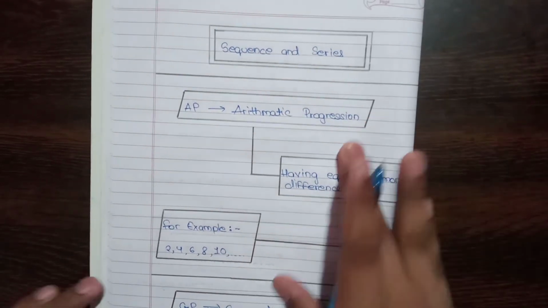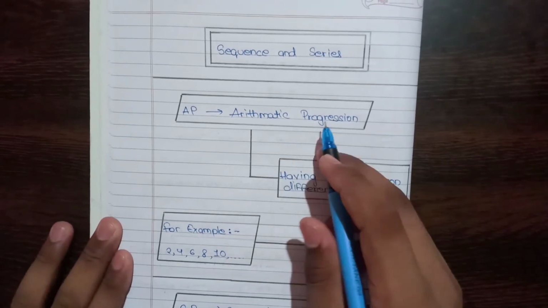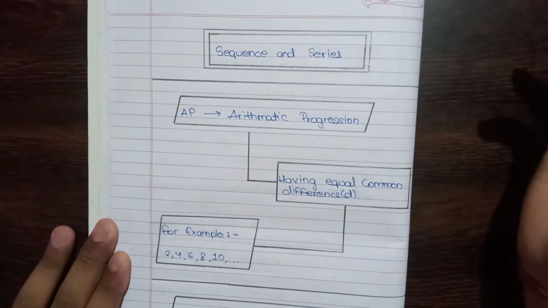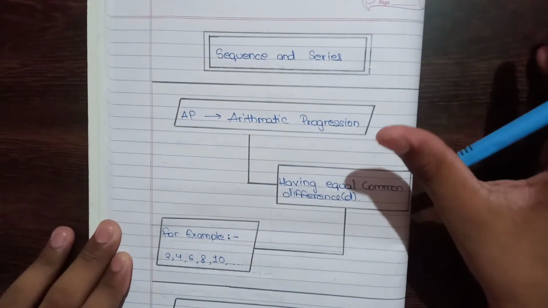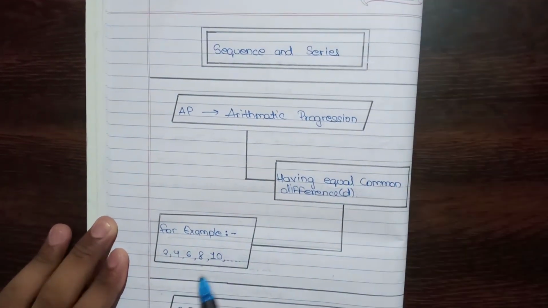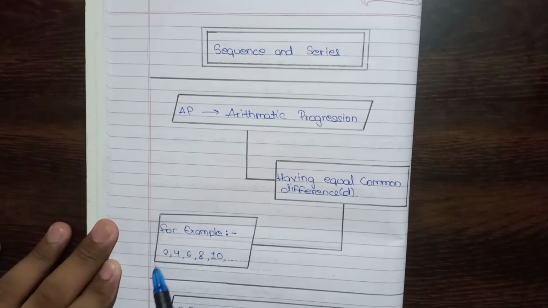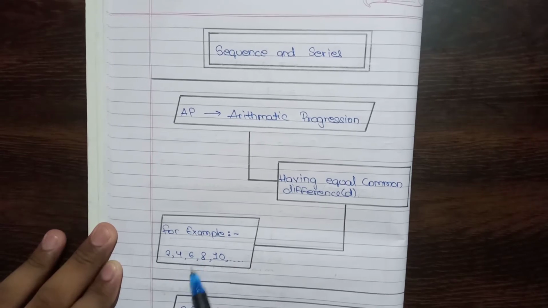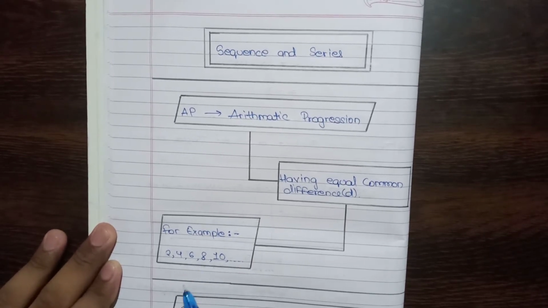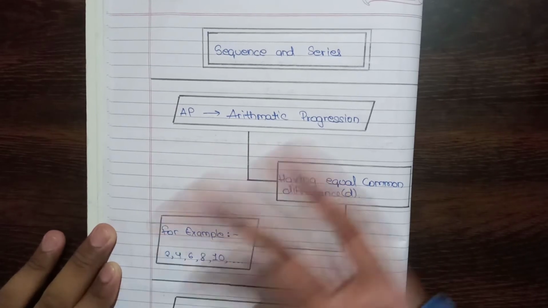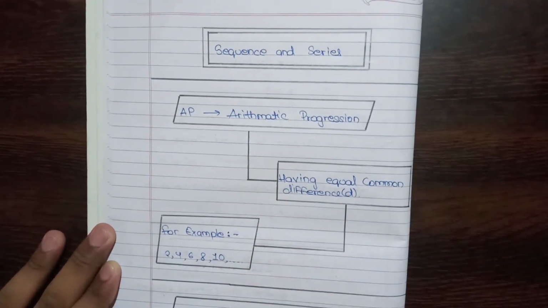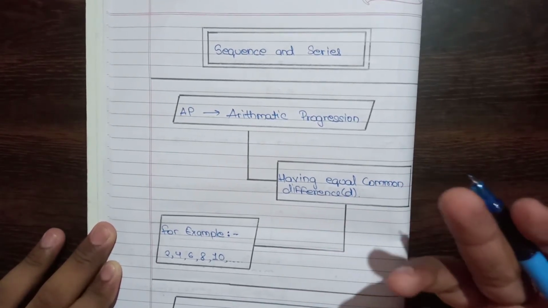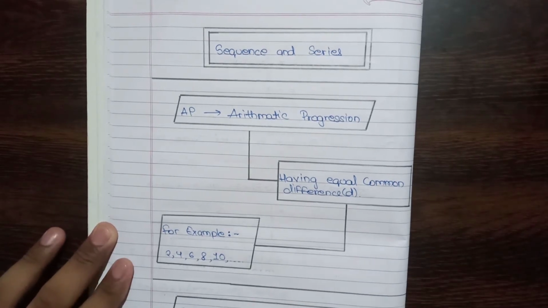So let us begin. Our very first topic is arithmetic progression, which in short form we know as AP. Basically, arithmetic progression is any sequence or series which has a common difference. For example, here I have taken 2, 4, 6, 8, 10. You can see the difference between 2 and 4 is 2, between 4 and 6 the gap is also 2, 6 and 8 is also 2, 8 and 10 is also 2. So if it goes on till infinity by a gap of 2, we consider it to be an arithmetic progression. Its common difference should be 2. This is the point that should be highlighted in order to learn arithmetic progression.